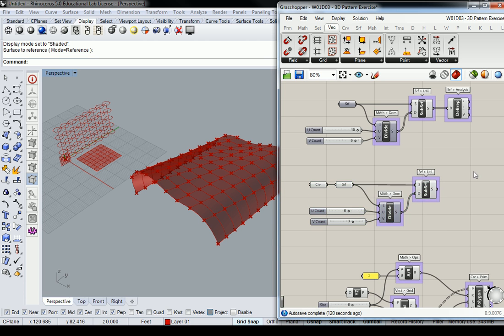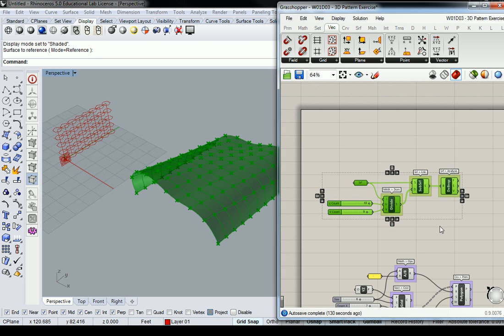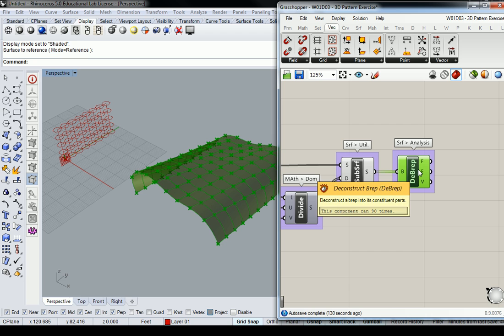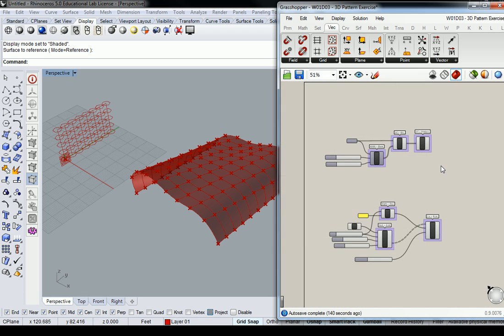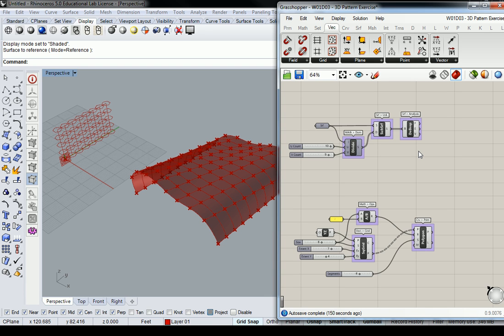I noticed that I don't really need this other surface right now, so let's get rid of that one. It was really just there for me to show you the difference between the two, so go ahead and delete that. And we're going to operate off of this surface right here, or this deconstruction right here. And what I'm going to do is just basically take bits and pieces of this and start moving it up and connecting it as I see fit when I need it. Okay, so I said that I want the polygons to be mapped to the center point of every single one of these